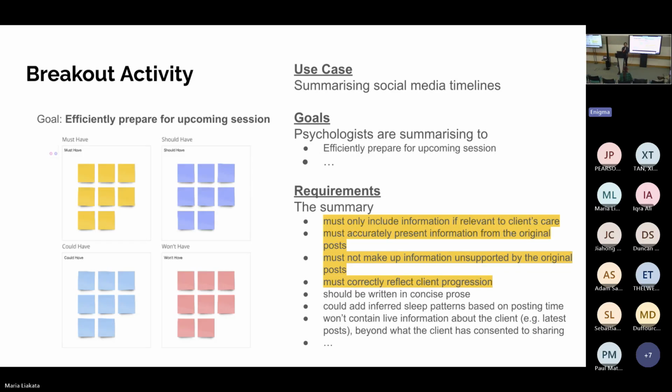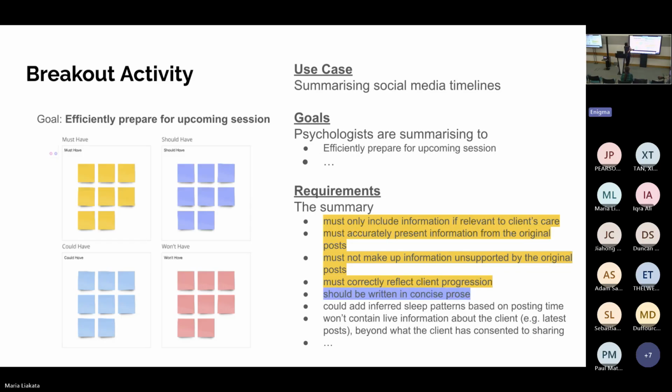In the activity that we're doing in the workshop, we'll split into different breakout groups. Then we'll start going through a board with different goals associated with a particular use case. So here, let's say as a group, we decide that these are the must requirements. This is what an AI system must do or must have. In this case, we would write down the must requirements on the yellow Post-its.